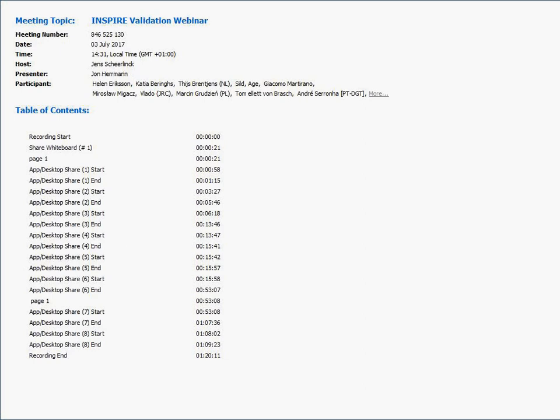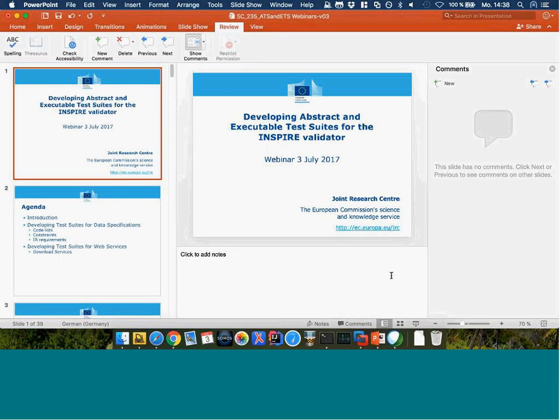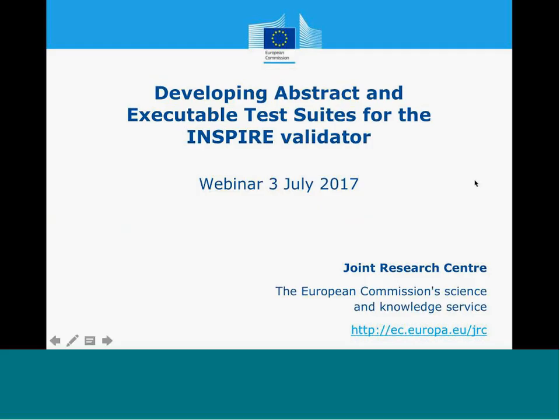Now, the contract is coming to an end. We will shortly be releasing the results of that work as version 1.0. It covers a number of tests for the download service, Atom feeds, and WFS, for metadata, for the older guidelines, version 1.3, and for the Annex 1 data specification.